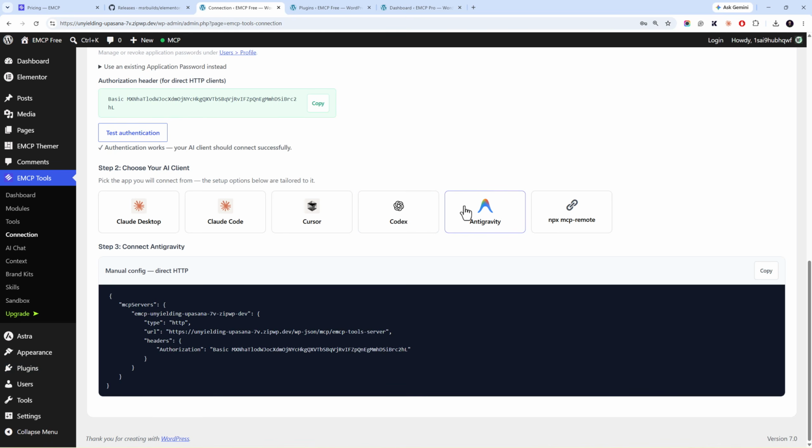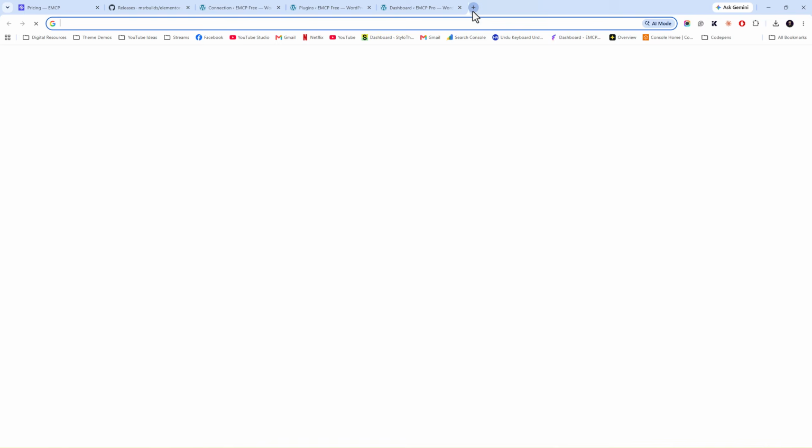Now let's try Antigravity. Antigravity's method is simple, but you need to make sure that you are using the latest version of Antigravity, and it doesn't work in the anti-gravity visual app that they have built. You need to make sure that you are using anti-gravity IDE. So